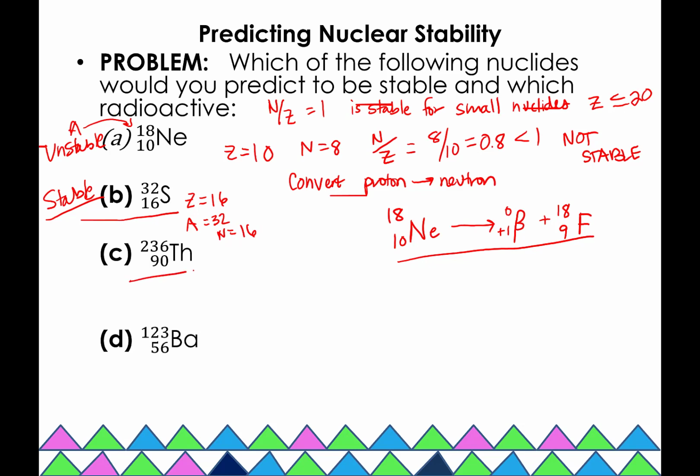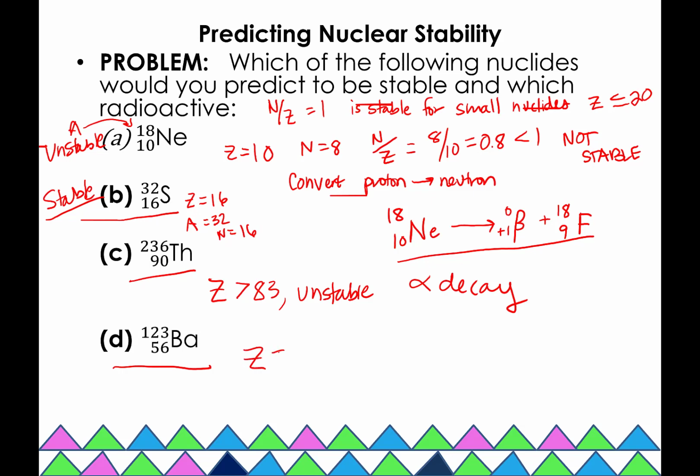Okay, let's look at this next one. So here we have thorium-236. Remember that anytime your number of protons is greater than 83, it's going to be unstable. So this is probably going to undergo alpha decay because any of our really big nuclides often will undergo alpha decay. Okay, and this last one,